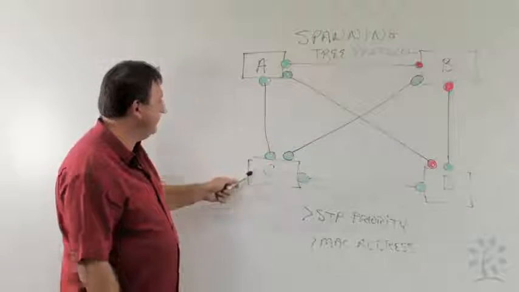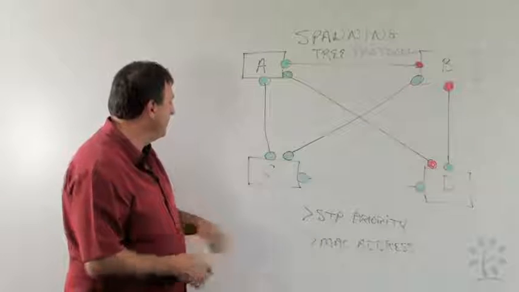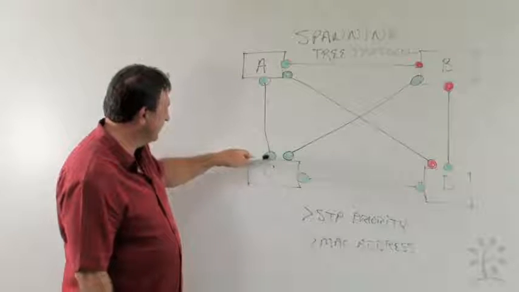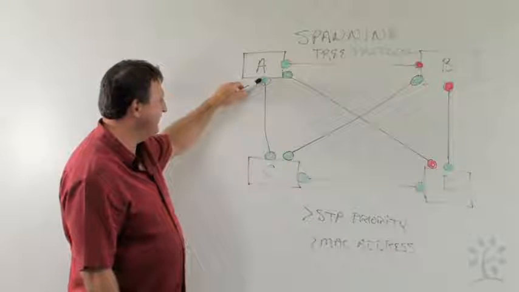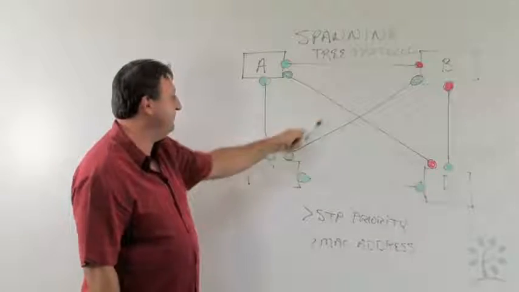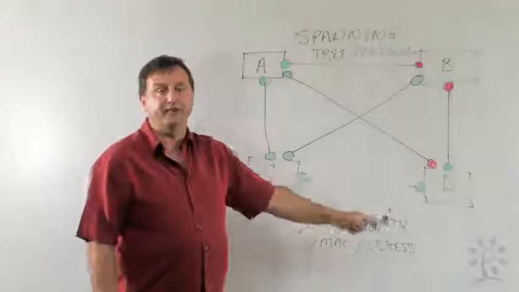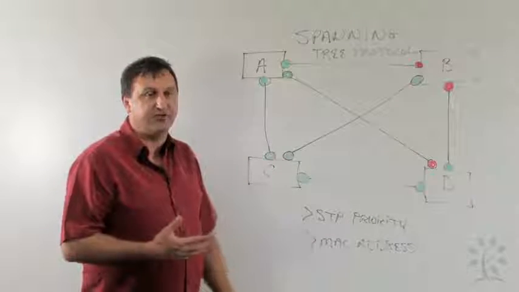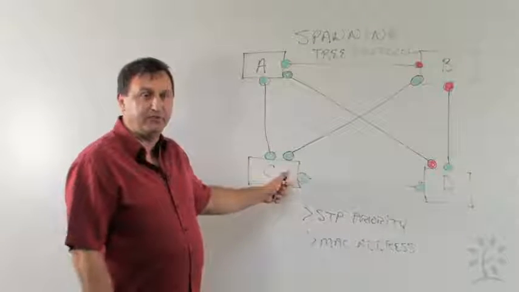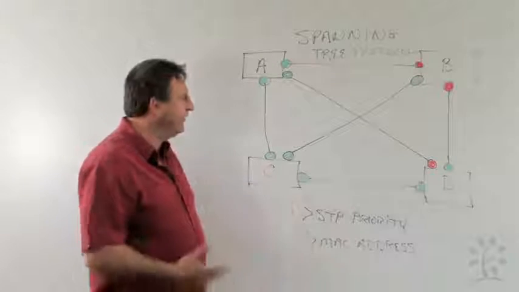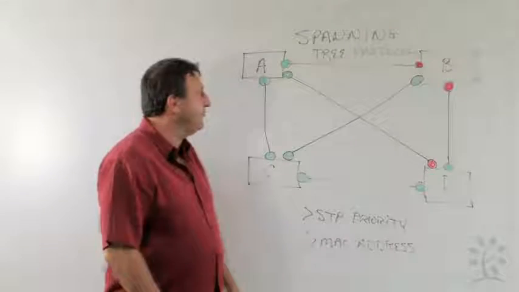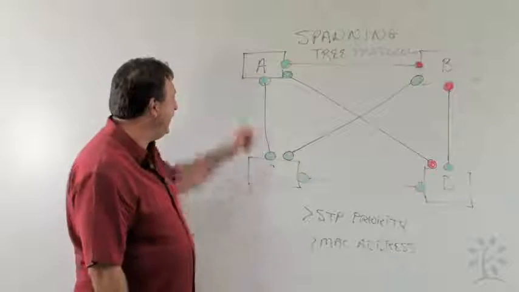So let's take a look at switch C. Its connection from C to A is green on both sides. From C to B is green on both sides, and from C to D is green on both sides. Only one switch will have that circumstance, so that has to be the root switch. Okay, and we could go in and actually change these. Let's say that we wanted switch A or switch